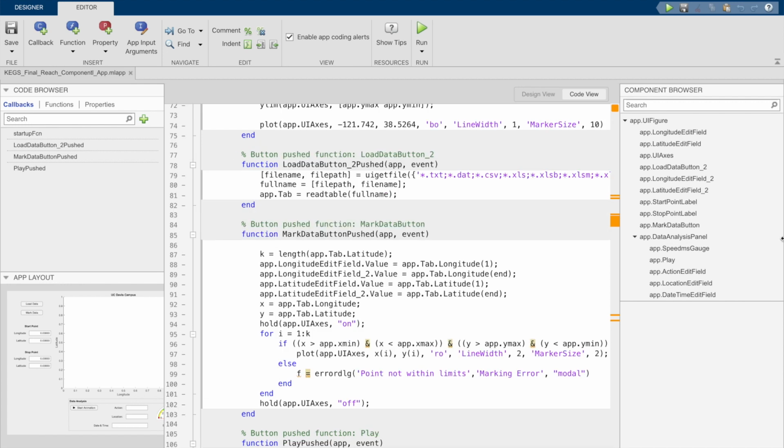The initial GUI interface was built with 2 buttons. The first button, Load Data, was made to read any data file that could contain a table. The second button, Mark Data, then reads the latitude and longitude points from the loaded file and marks them all